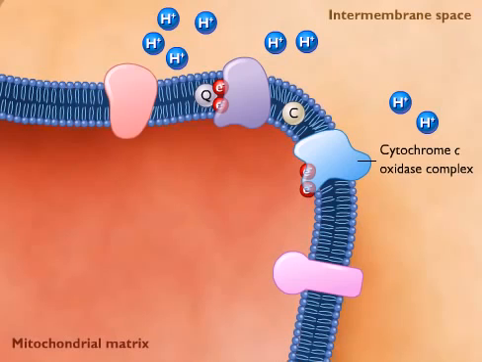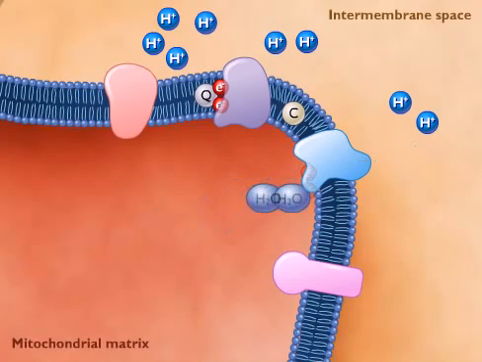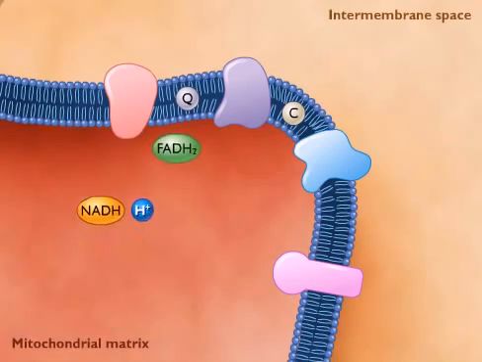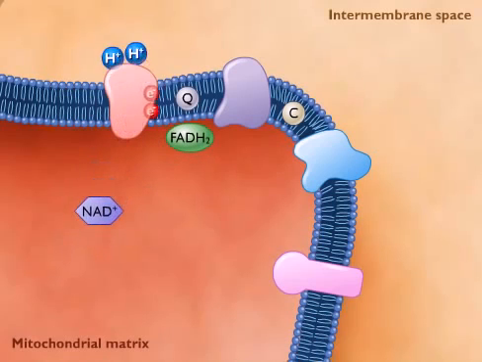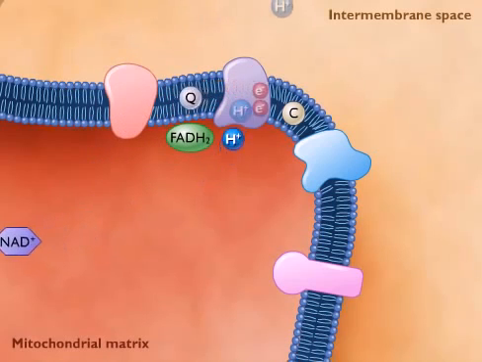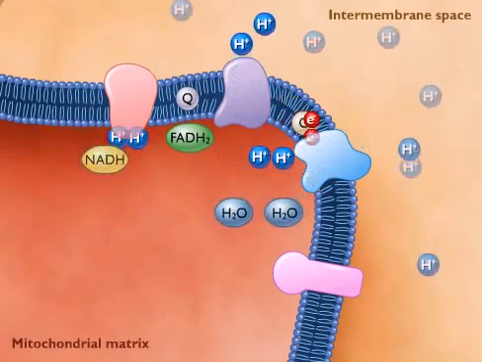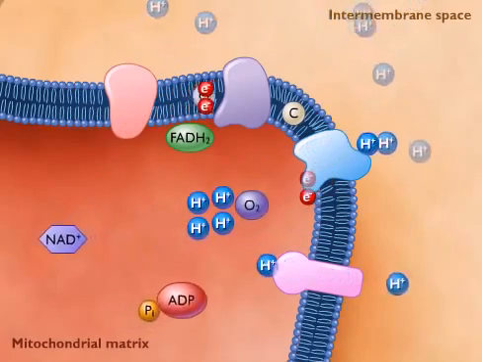The cytochrome oxidase complex then transfers electrons from cytochrome C to oxygen, the terminal electron acceptor, and water is formed as the product. The transfer of protons to the intermembrane space generates a proton motive force across the inner membrane of the mitochondrion. Since membranes are impermeable to ions, the protons that re-enter the matrix pass through special proton channel